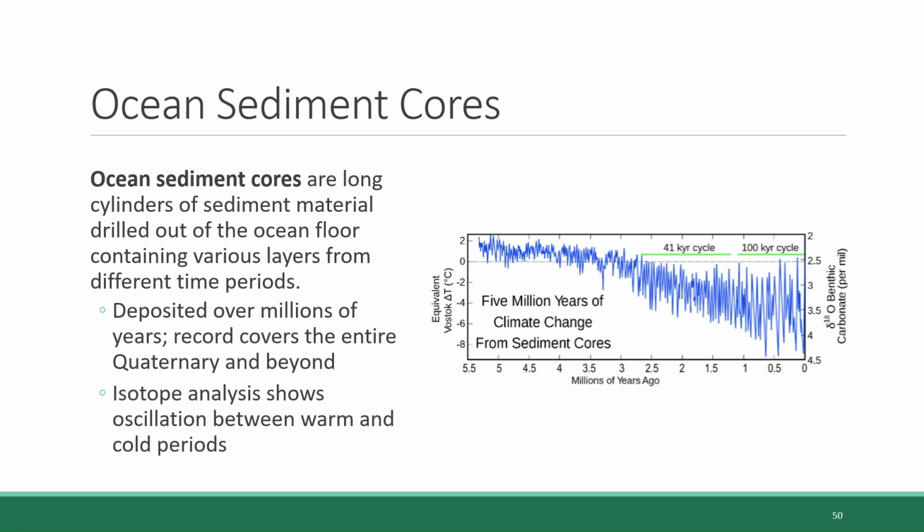And when we do an isotope analysis on those ocean sediment cores, we again see an oscillation between warm and cold periods. We also see that over the past 3 million years or so, the Earth's climate has been on an overall cooling trend on average, but there are still very dramatic swings between warm periods and cold periods. And right now we are in a warm period. So this gives you a picture of some of the ways that we know about what climate has looked like over Earth's history. And we know that the Quaternary has been marked by these alternating glacial and interglacial periods.